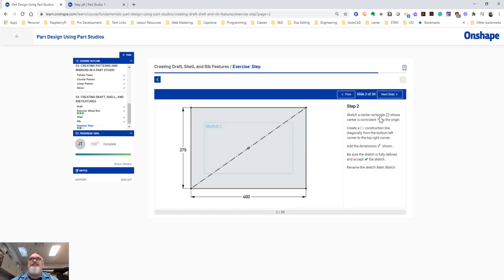So we're going to sketch a center rectangle whose center is coincident to the origin. Remember, there's two ways you can do that. We can create a sketch based on the center, on the origin, with it starting there, or we can draw it off to the side and then set a constraint and match the center of the rectangle and the origin, and constrain them to each other. If we start it at the origin like I'm going to do, then it will automatically constrain itself